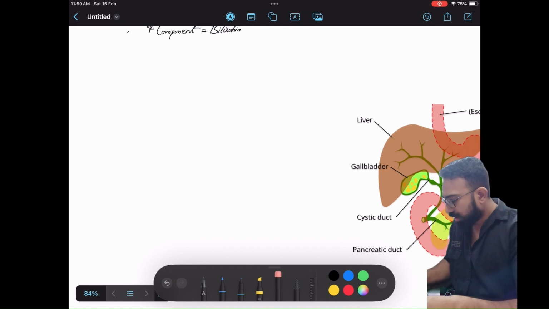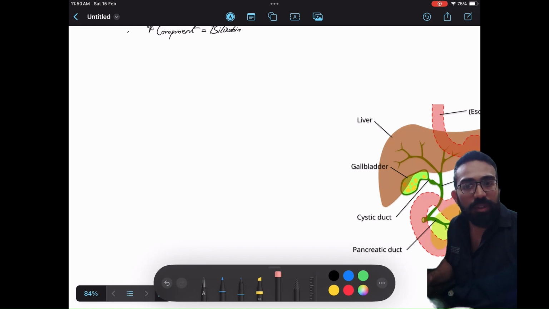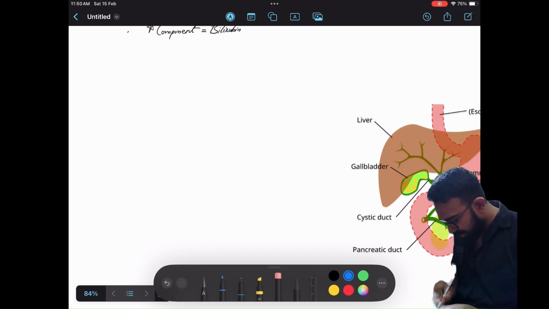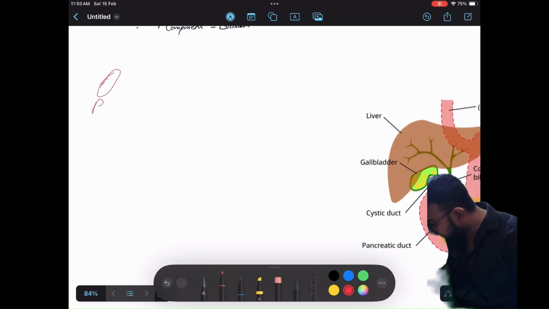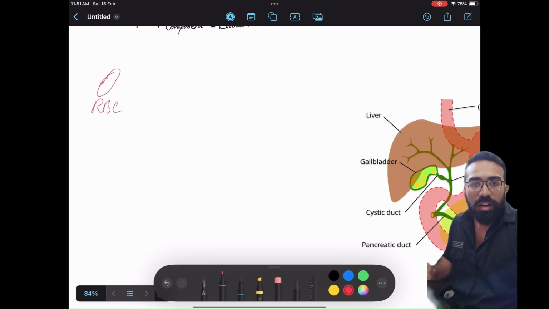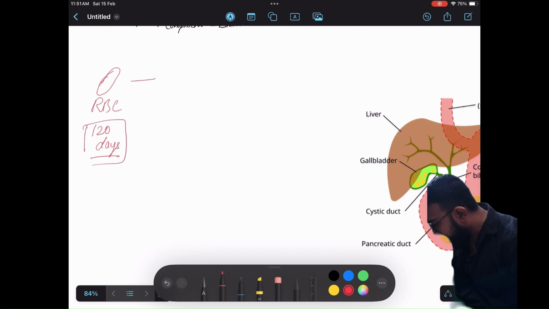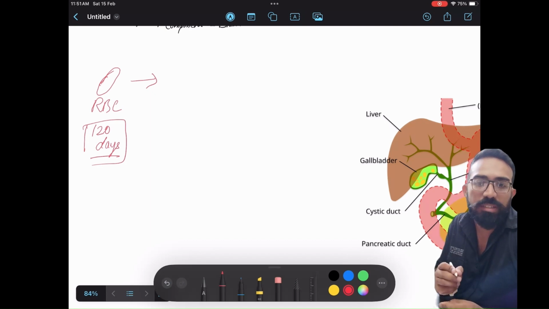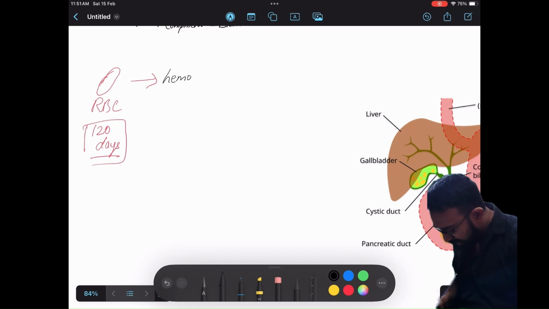Now I have told you that one of the main components, or let's say the important component of bile, is bilirubin. Let's quickly revise bilirubin metabolism. From where does bilirubin come from? Here you have got your RBCs, and the life cycle of an RBC is around 120 days, after which the RBC dies, or there can also be hemolysis in the body where the RBC is dying out of some other process. So whenever an RBC dies, there is release of hemoglobin,